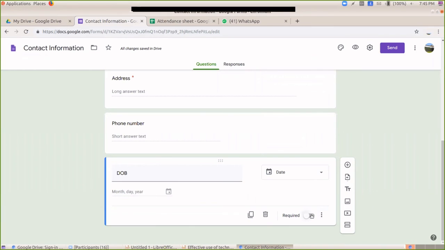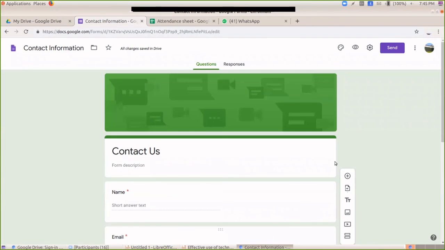And here you can see there is an option called required. This required option means when a user or a recipient or a client wants to fill the form, this field should be required. So when you haven't entered your date of birth, this form should not be submitted. That is called required. So if I want to make this field required, just click here, then it will be required. Now, I'm going to save this form. You know that this form is actually saved automatically.